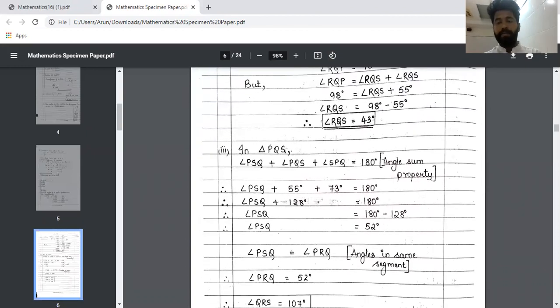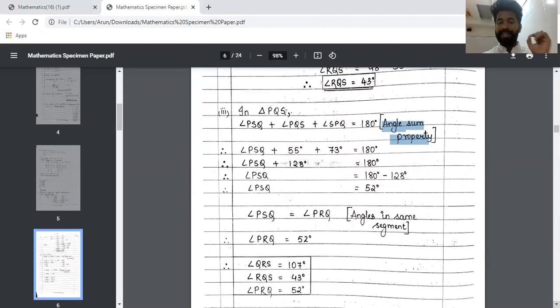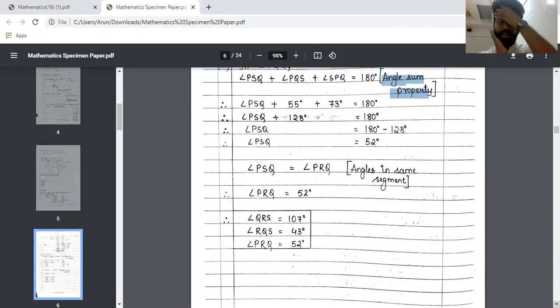Then in the next part, they've used angle sum property to calculate the answer. So उसने वो specify किया है अच्छे से. Then angles in same segment has been used. वो भी properly specify किया. So as you can see, whatever theorem or whatever property that has been used to find a particular answer, we have written that in the reason as well. And then post that, once you found out all the answers, हमने उसको properly एक box form में लिख दिया.